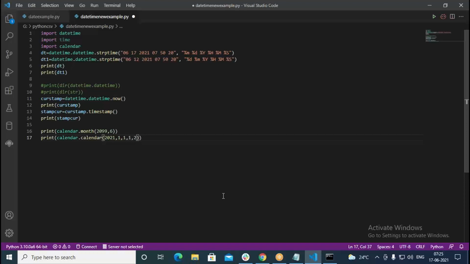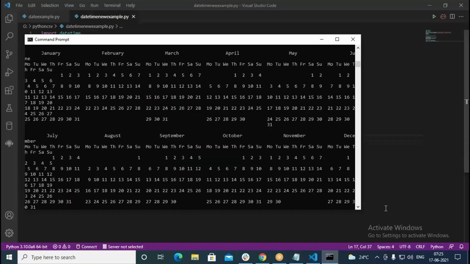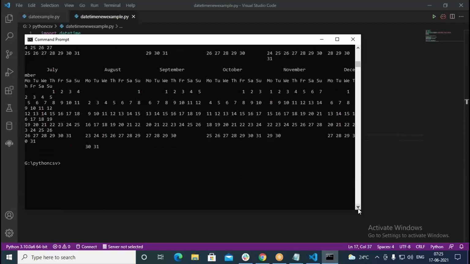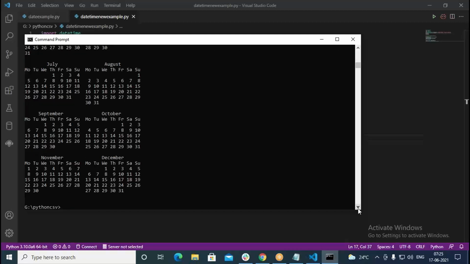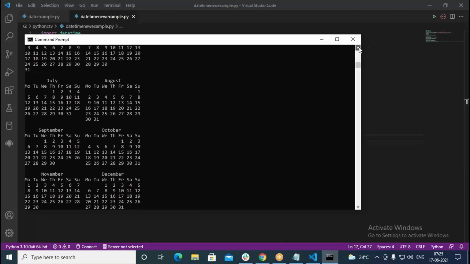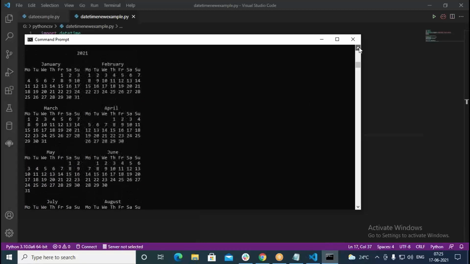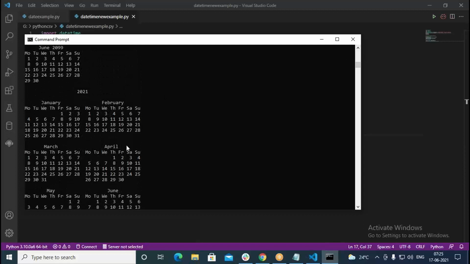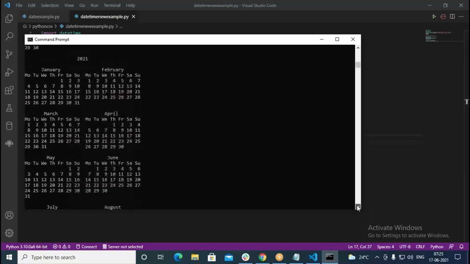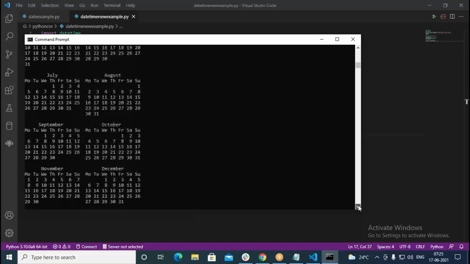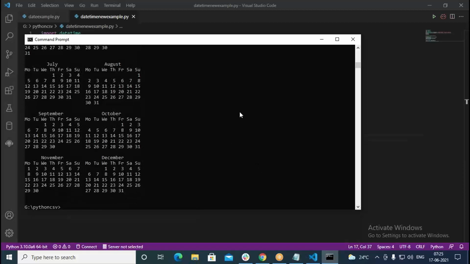I go with 2. In such cases, we actually get 6 rows in this. We get here 6 rows. So in 6 rows, it's going to be printing in total. You can see. Start from the beginning. So here it should print in 2 columns, 6 rows. First row, second row, then we have third row, fourth row, then fifth row and sixth row. Like this in 6 rows. So for every row we have 2 months. Like this it is actually getting printed.